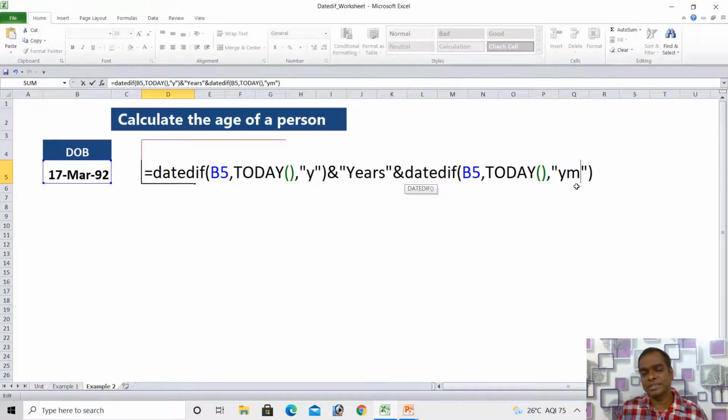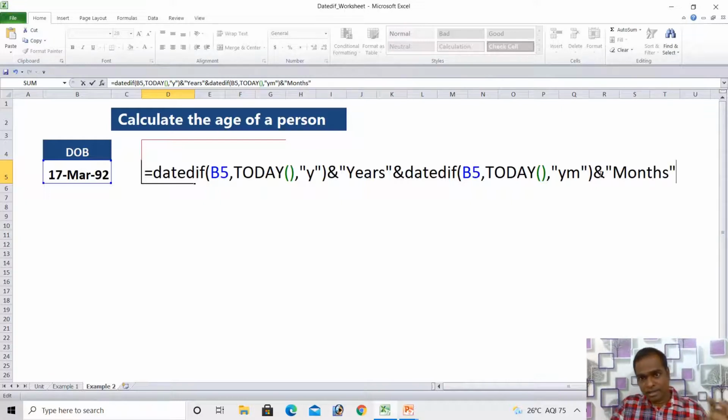It gives the number of months, and it does not include the years between these two dates. That is the months, and again we can use the ampersand, and to understand what that means, you can write down "months".